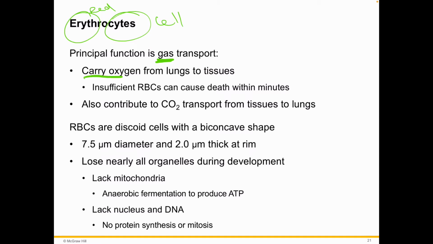We know that they carry oxygen from the lungs to the tissues. We know that they carry carbon dioxide from the tissues back out to the lungs, primarily as a waste product of metabolism. Insufficient red blood cells, anemia, can cause death within minutes from basically not being able to keep